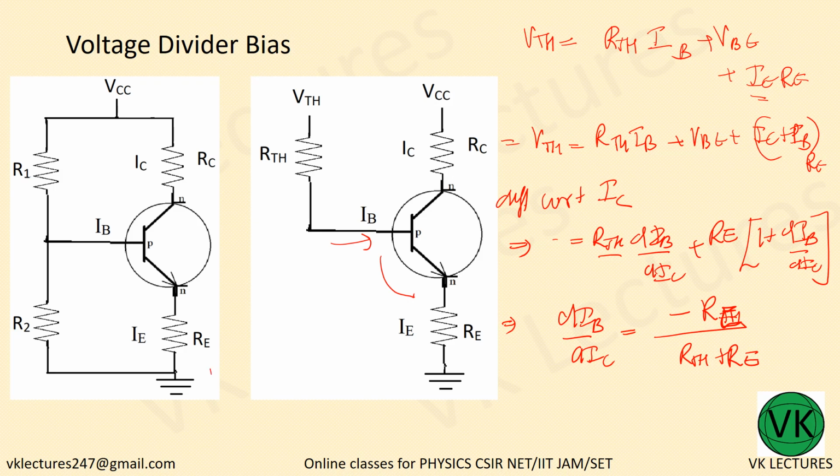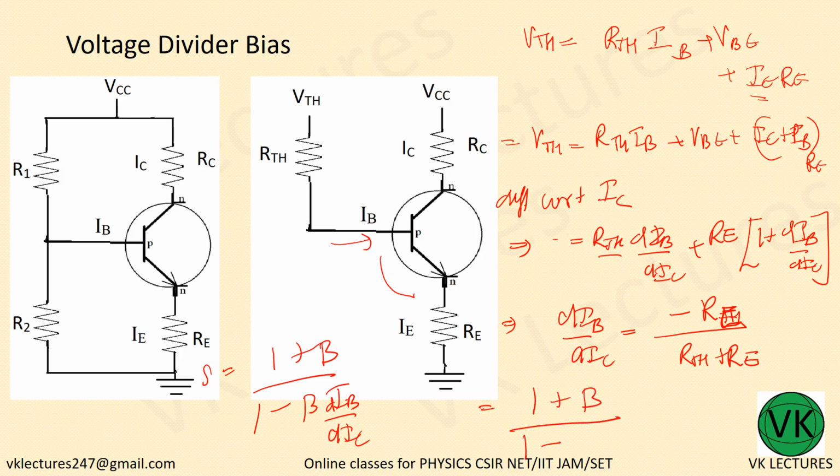Now our stability factor S is equal to 1 plus beta divided by 1 minus beta into DIB by DIC. Just substitute this value: 1 plus beta divided by 1 plus beta, this minus and minus will get cancelled, into RE divided by RTH plus RE. So that is it for